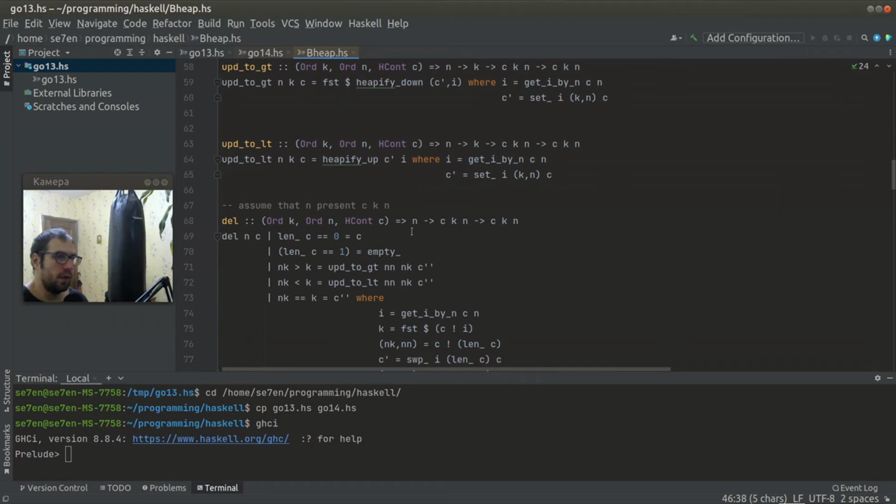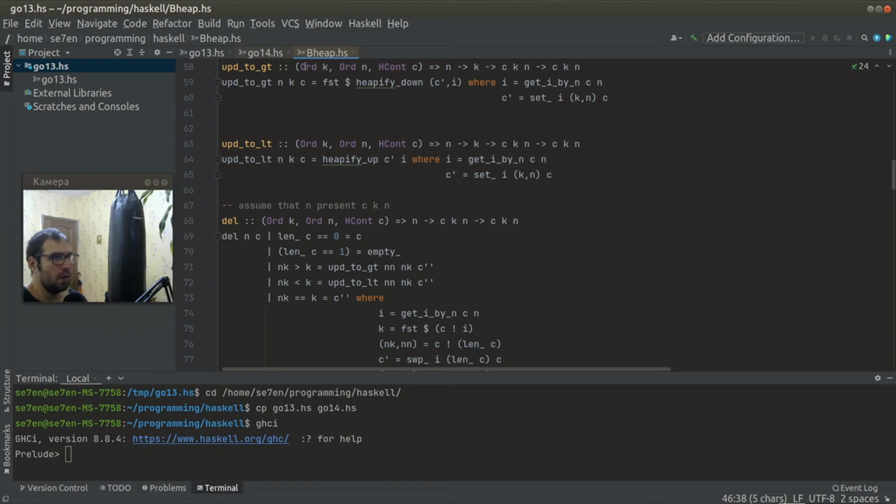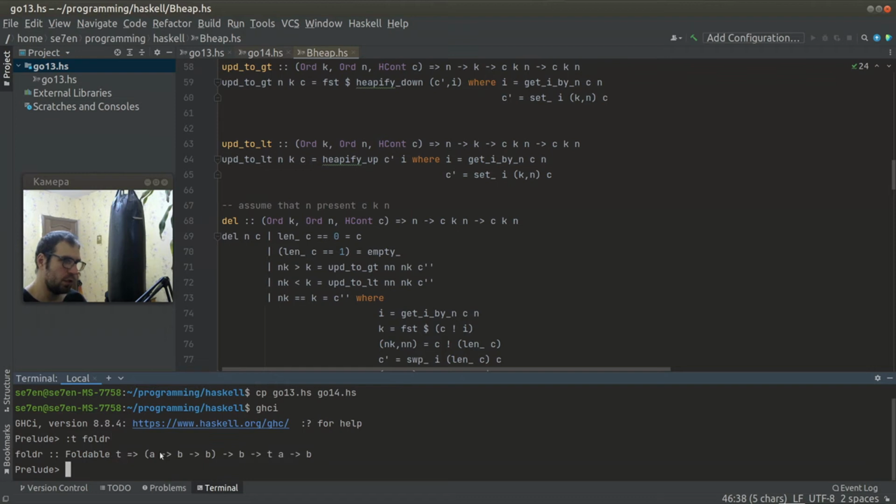And it takes some node to delete and some container of binary heap. Okay, this means that it can be used with foldr. I think let's look at foldr type signature. Yes, it can be used as foldr,